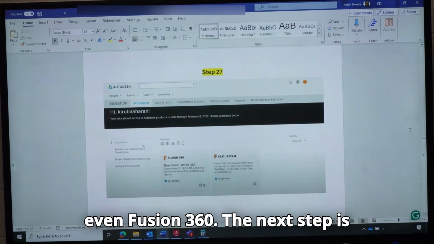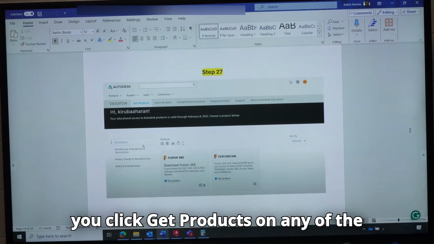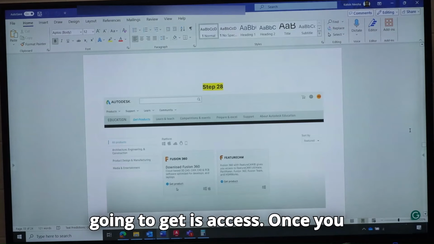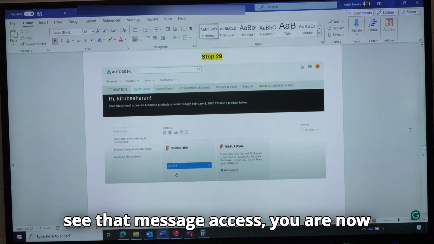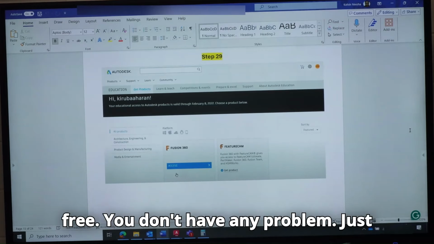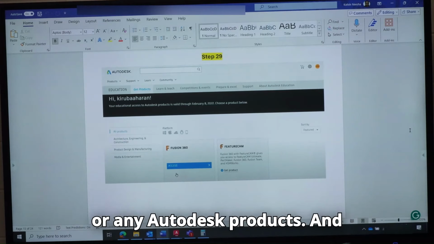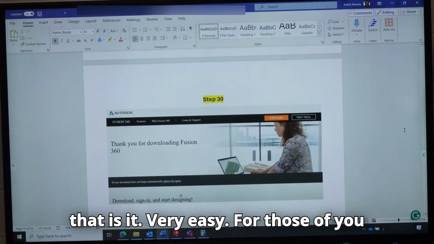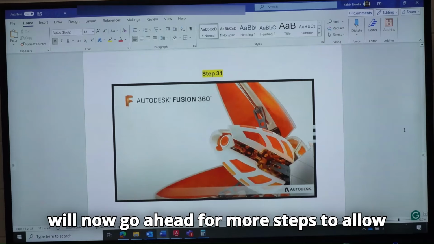The next step is you're going to click Get Product. Once you click Get Product on any of the software, the next message you're going to get is Access. Once you see that message, Access, you are now free. You don't have any problem. Just click it, download either AutoCAD or any Autodesk product, and that is it. Very easy. For those of you that want to download Fusion 360, you will now go ahead for more steps